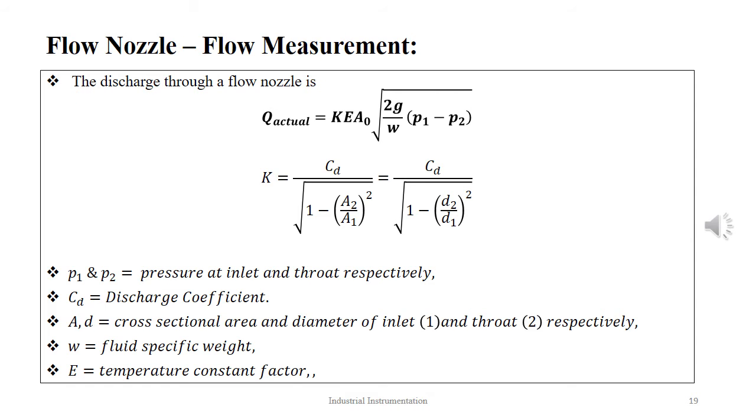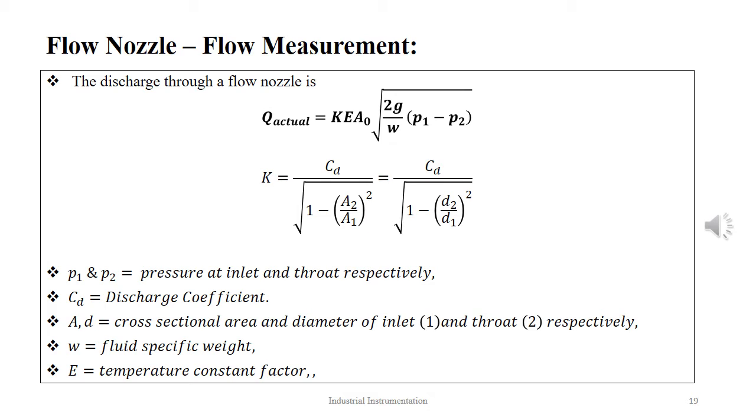Flow nozzles can handle larger solids and can be used for higher velocities, greater turbulence, and high temperature applications. They are often used with fluid or steam applications containing some suspended solids, and in applications where the product is being discharged from service. Numerically, the flow rate is given as Q actual equal to K E A naught